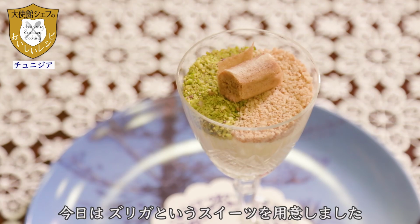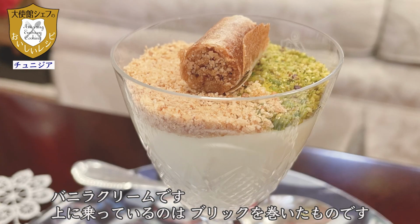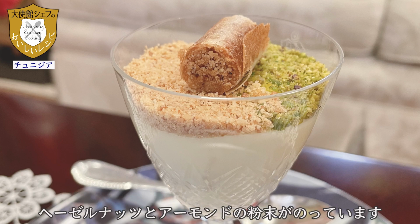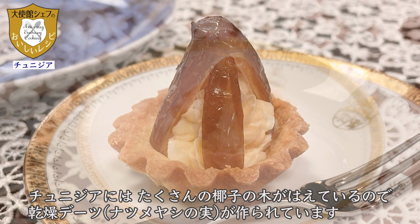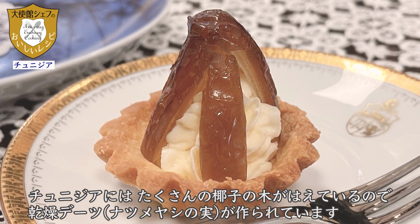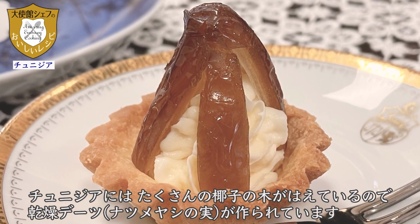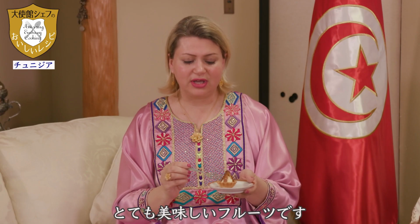So today we prepared zriga. It's a kind of cream, and there is rolls made by brick. It's stuffed by almond and hazelnut. Start with dates. As you know, in Tunisia, we have a lot of palm trees, and we produced dates, very